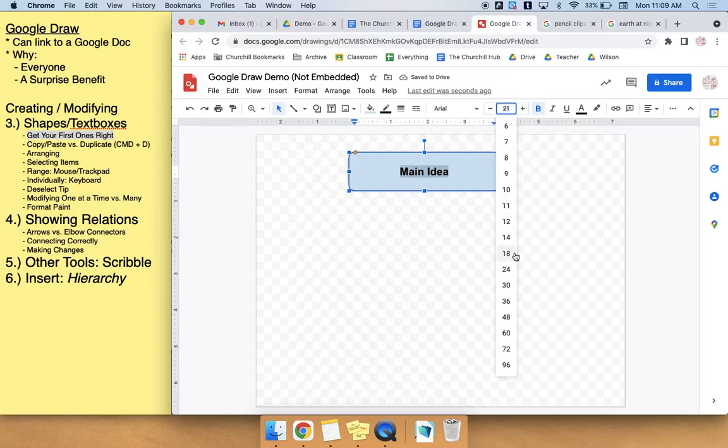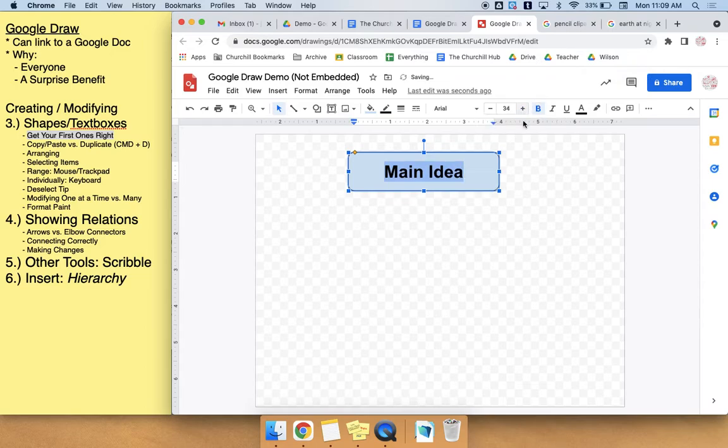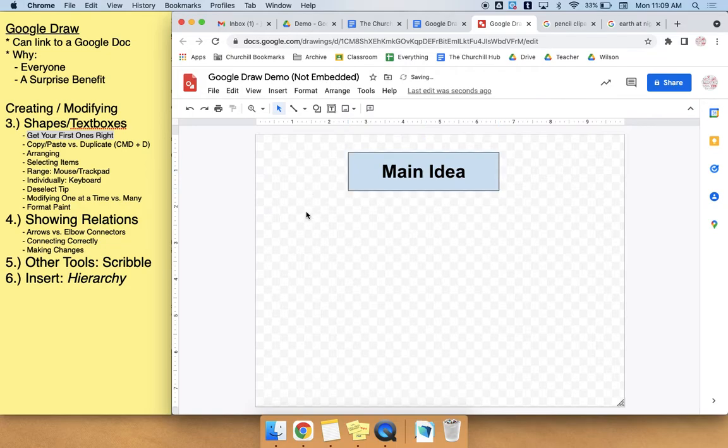or I can type directly in or choose the pull down. Never noticed that before. Even though 36 is there, if you wanted something between 30 and 36, you can type 33. They're just not going to bog you down with all of those different choices. These are rarely used, but you could also pull that in more if you like the aesthetic. So there's this little yellow icon there that either lets you widen this so much back to where it's a rectangle without rounded corners, or keep it as it is. I just hit Command Z because I wanted to back up. Command Z is a way of undoing something. And now that I have my first one right,